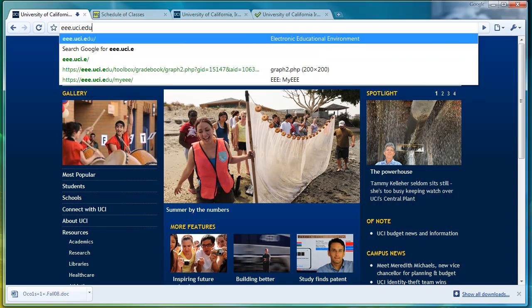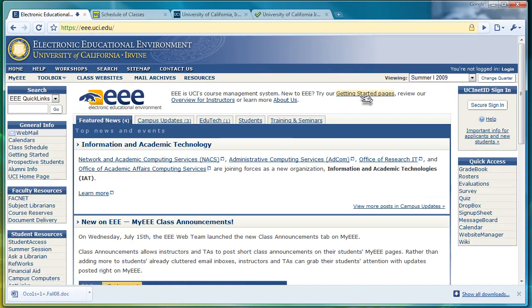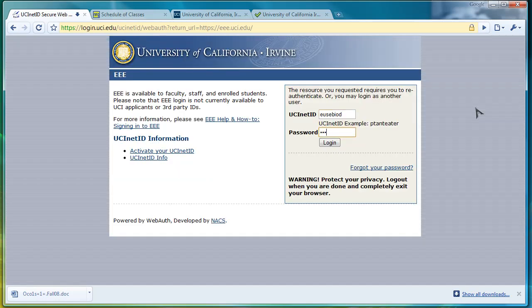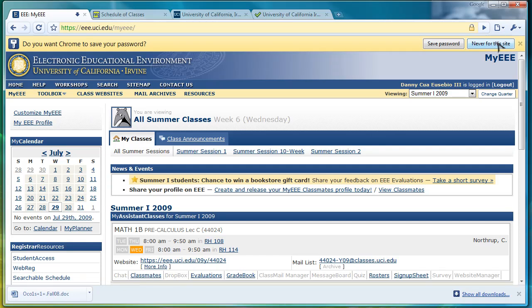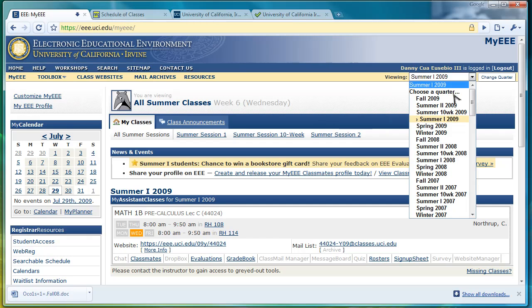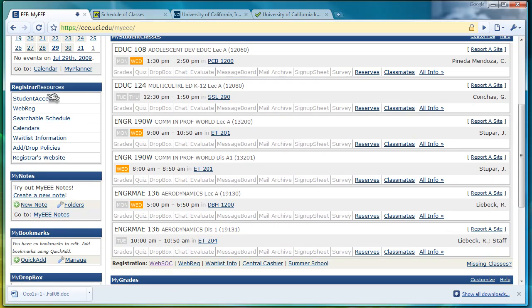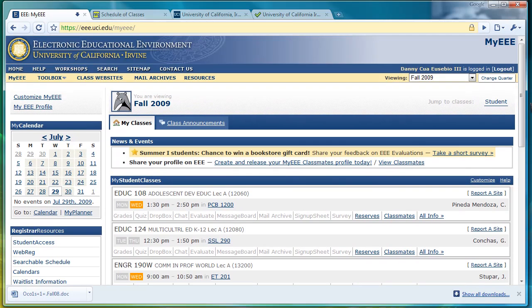So first things first, let's go to EEE, and you type in eee.uci.edu, and everyone should be familiar with this interface. Click Secure Sign In. Now, what I want to do is, let's say in fall 2009, I'm going to change the quarter. I have a class that I'm interested in. Now, the class I'm going to hunt down is not going to be on this list, primarily because I don't require one, and there's a class that might be more particularly beneficial to new students. So let's say I am